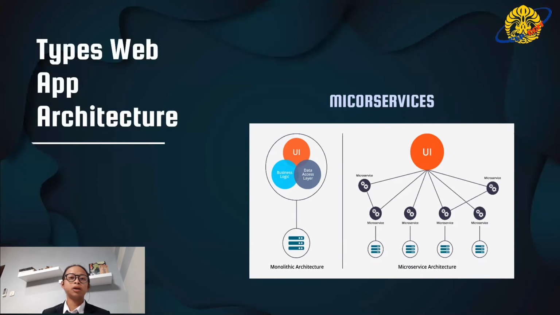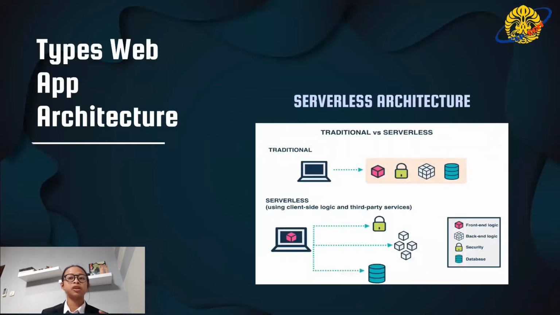The other type of web application architecture is microservice. So microservice architecture is a small service that executes a specific task with a single functionality. Microservice is that there are some applications which can be easily built and maintained when they are broken down into smaller applications which work together. Usually, this architecture is built as the business needs.